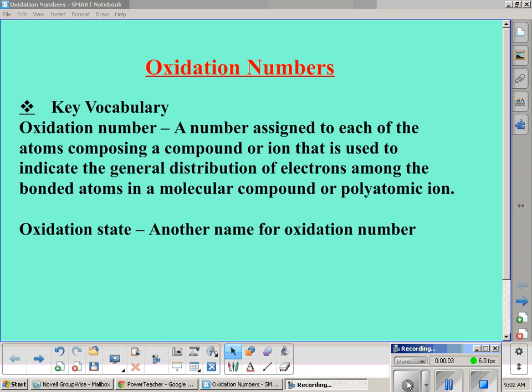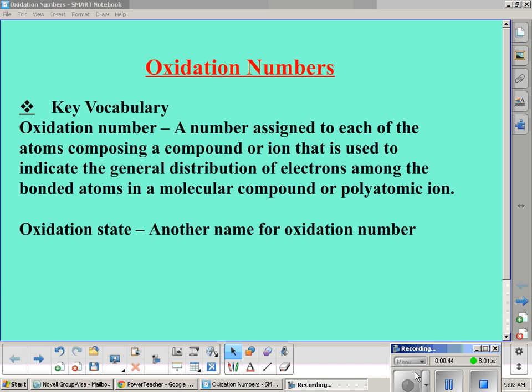Hello, in this video we're going to talk about oxidation numbers. And oxidation numbers are closely related to electronegativity and charges on various ions, although they're not exactly the same as either of those. An oxidation number is a number assigned to each of the atoms composing a compound or an ion that's used to indicate the general distribution of electrons among bonded atoms in a molecular compound or polyatomic ion. You may have also heard of an oxidation state, which is really just another name for